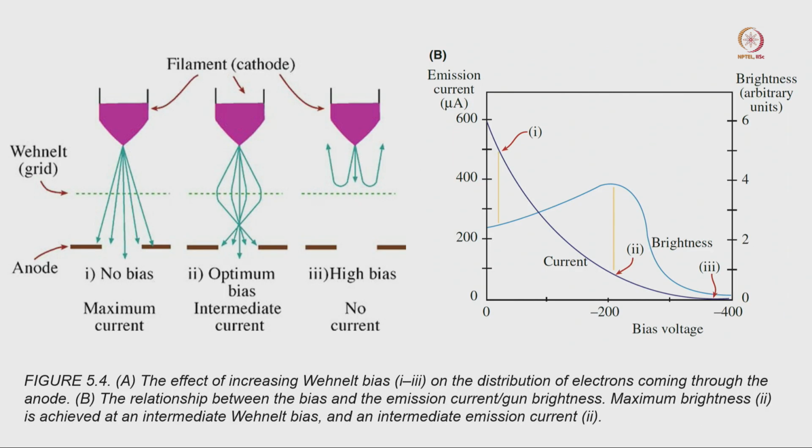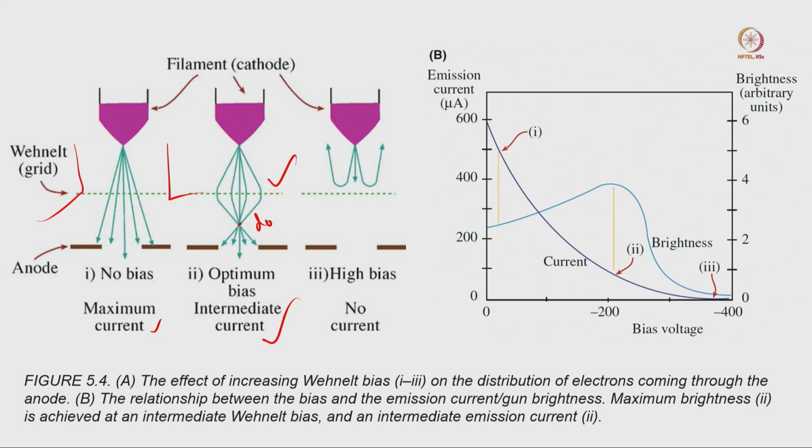Okay, that I already discussed when I was drawing that. When you have no bias, meaning there is no V0 cylinder here, the beam will be spread all over, some of the beam will be blocked by this anode and some of the electrons will go through. You will not get enough; definitely maximum current will come, but it will be diverged, it will not form a particular point here. So D0 is spread all over. Now this is the best scenario, where you have an optimum bias and intermediate current, and if you have a high bias, most of the electron beam will be blocked and then there will be no current.